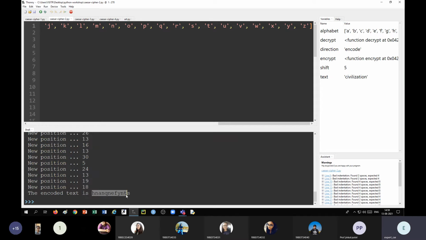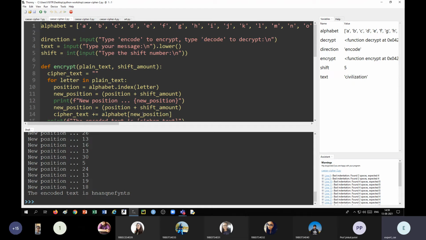Because now I have 52 positions, 0 to 51. Whenever you try to find the index, it will give you the first occurrence. Though A is again there in the list, it will always give you position 0 for A. So if you add something, it will not go beyond 51.